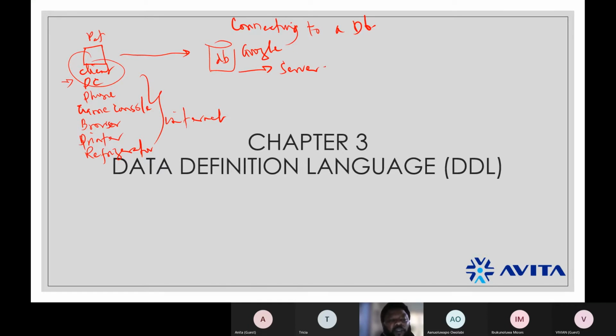Now, we should also understand that connecting to the database does not have to be over the internet. There are two types of connection. If you are trying to connect to the global connection of computers all around the world, that is what we call the internet. But if it is information inside a company, on a company server, we call that an intranet. So you have the internet and you have the intranet.